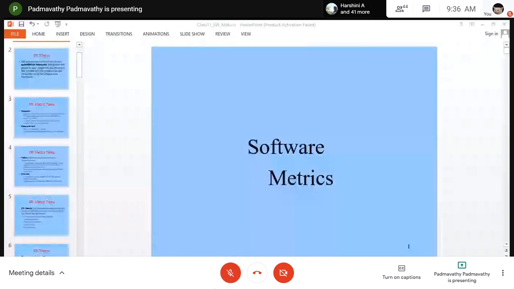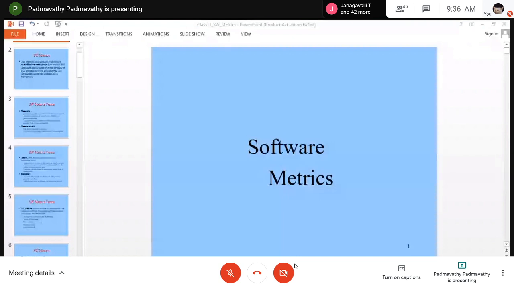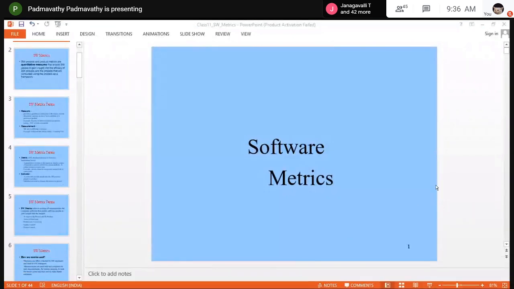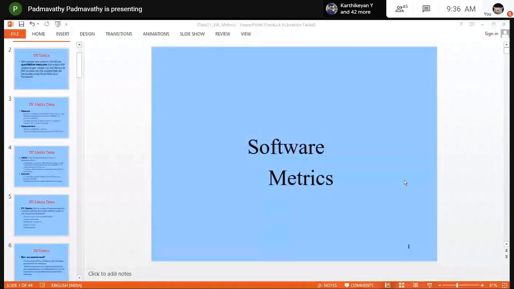Okay. So in the previous class, we saw the models like your waterfall model and your prototype model. I'll just quickly recap this waterfall model